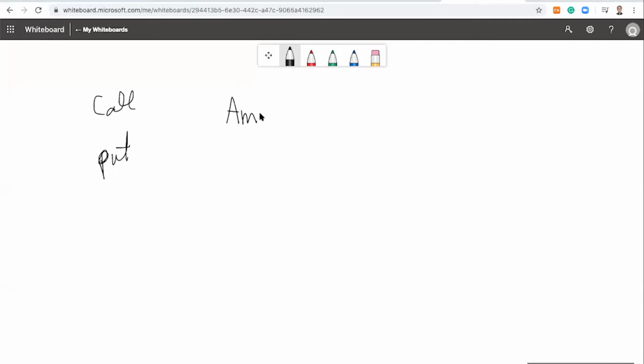The first one is the American option, and the other one is, am I right, the European option. Usually when I talk about options, I always refer to the European option, not the American option. The difference between these two options is that